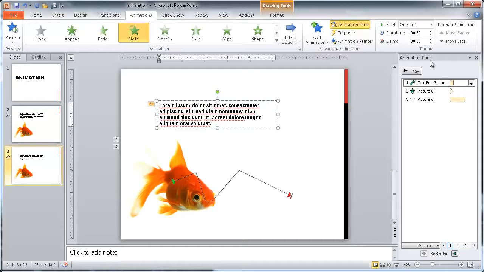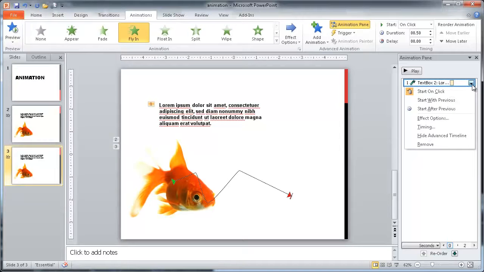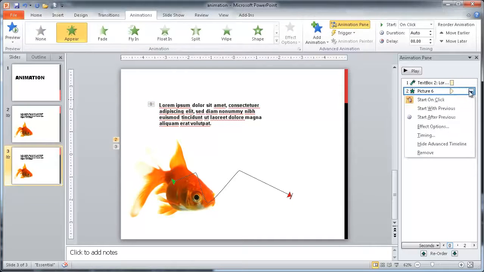Also in the animation pane, after you click on each animation, you'll see that there's a drop down, and there are some other things you can do with your particular animation. I believe by default most of these animations will start on a mouse click. So if you have this in a slideshow view, for each animation you would have to click the mouse to have